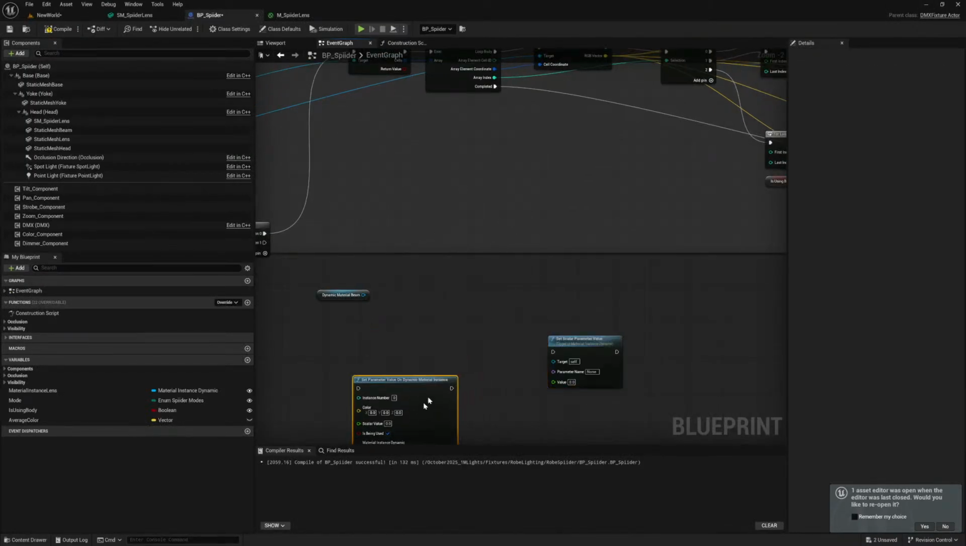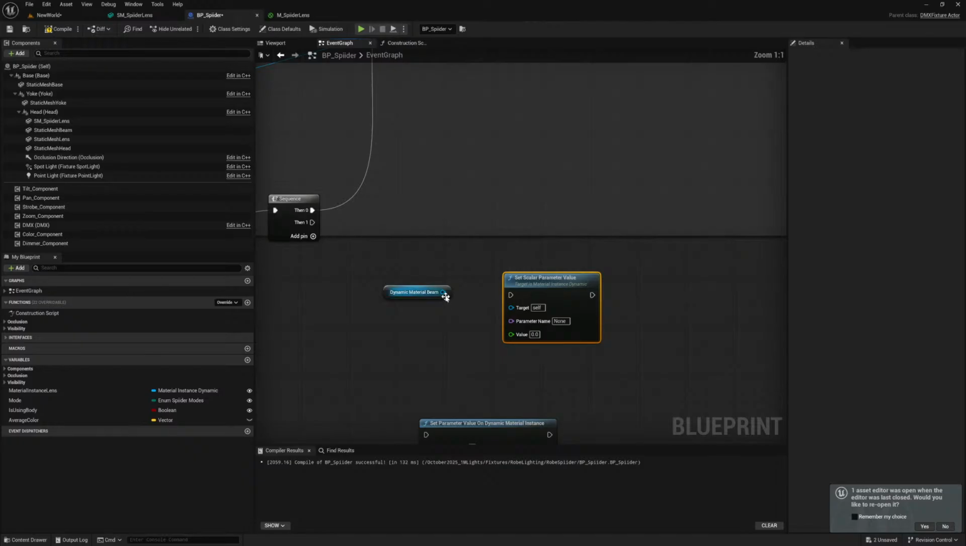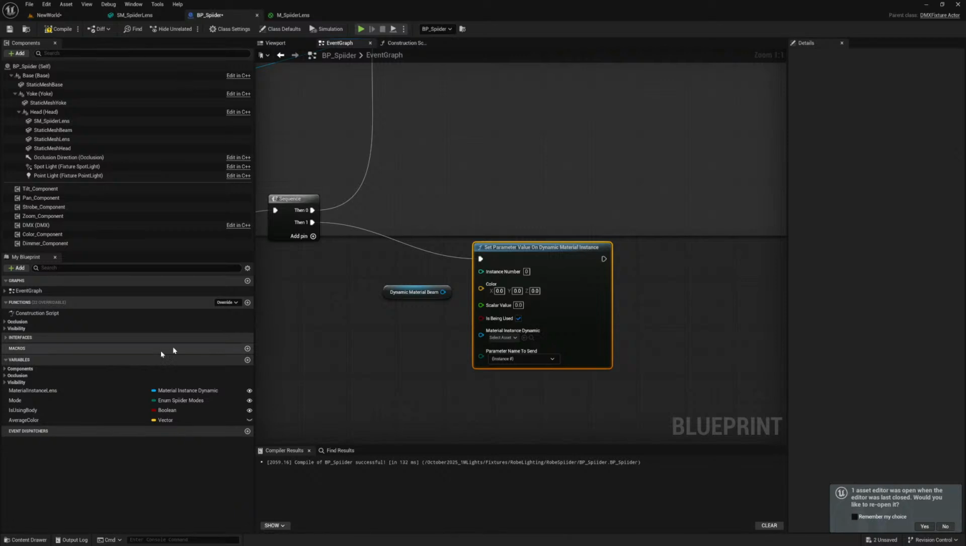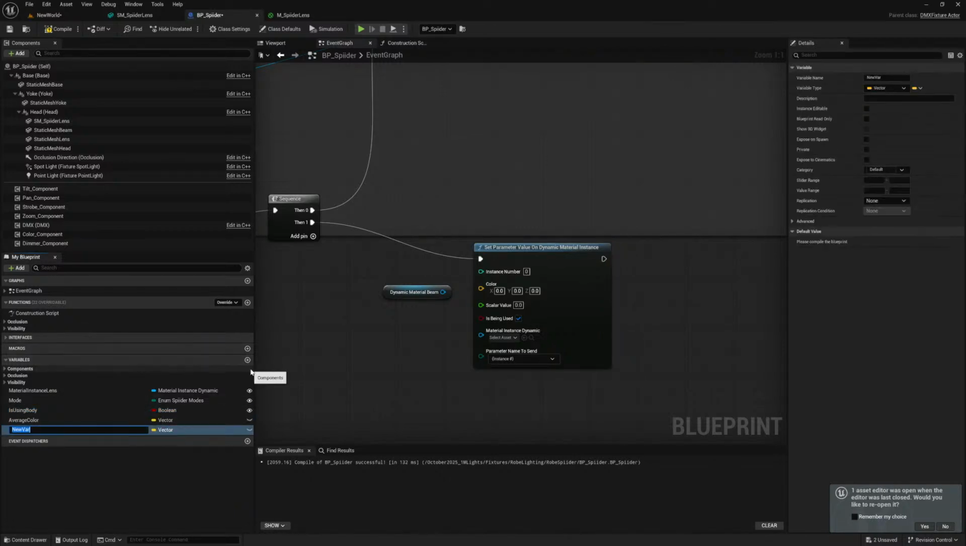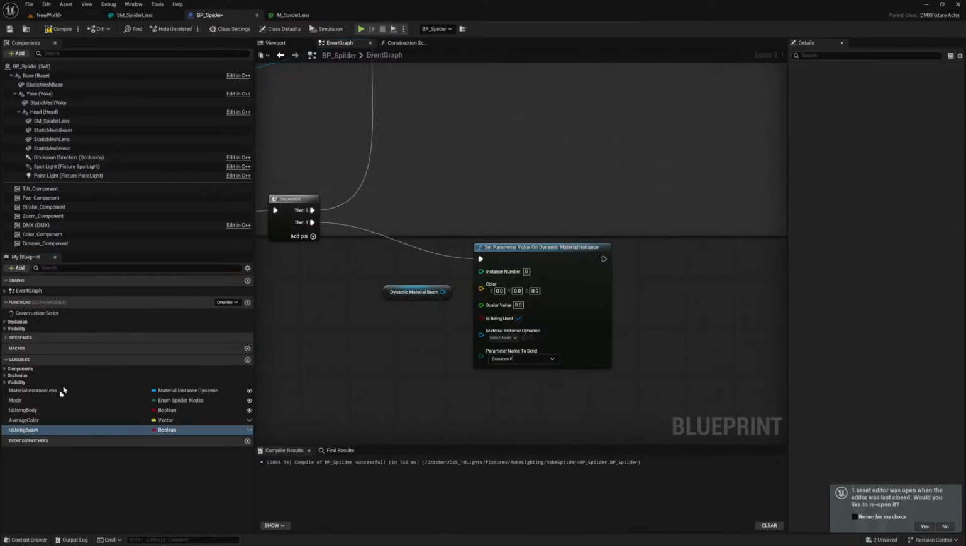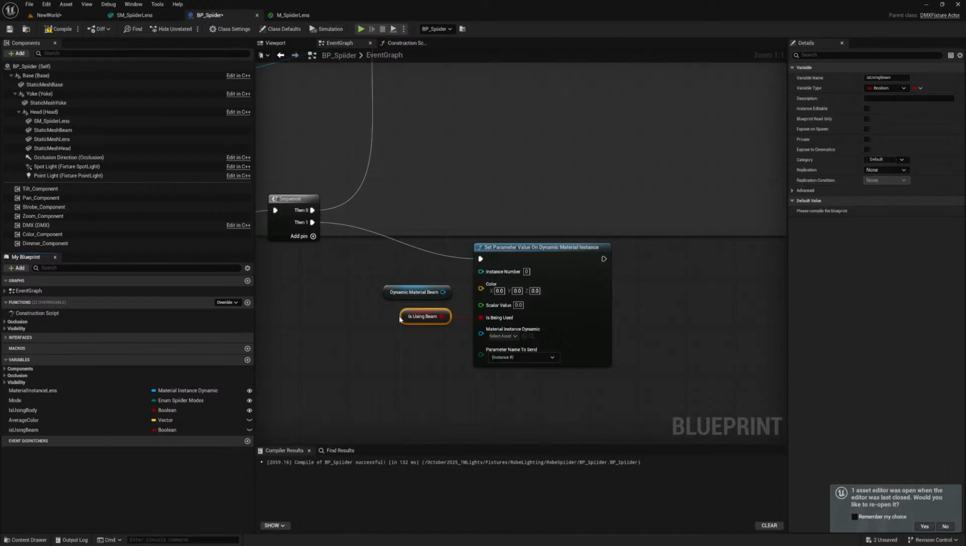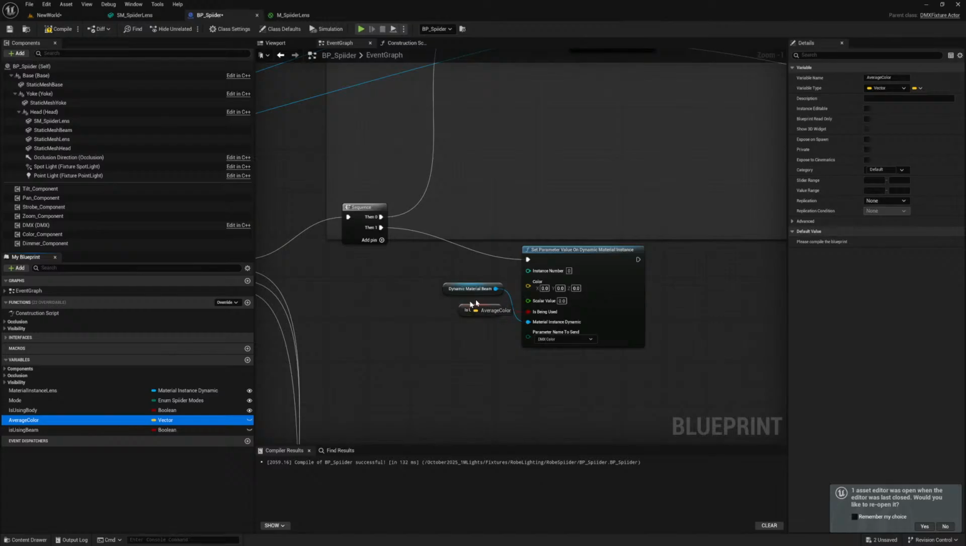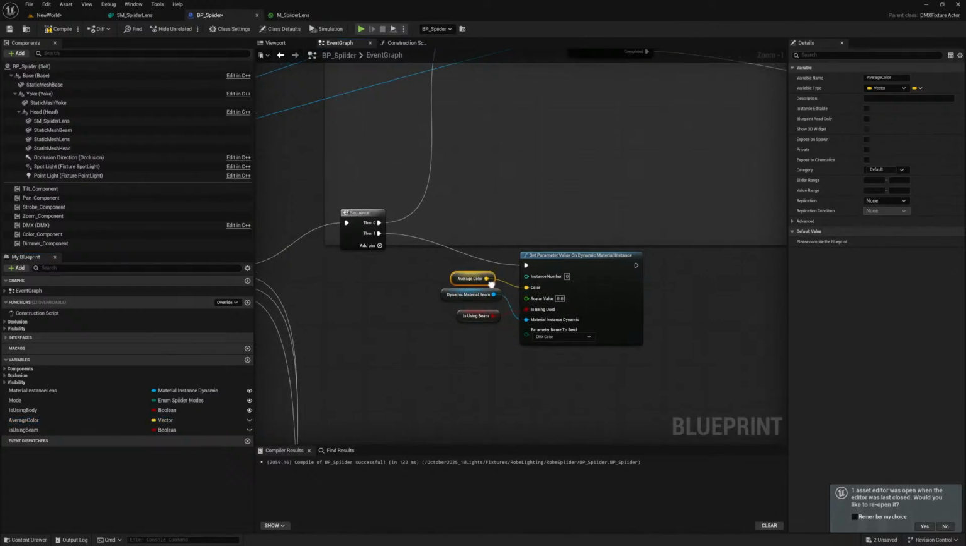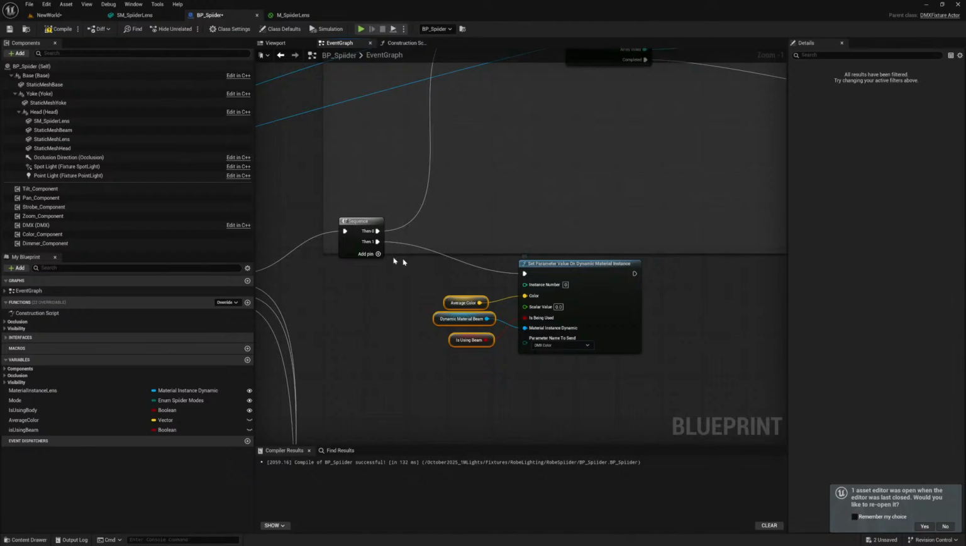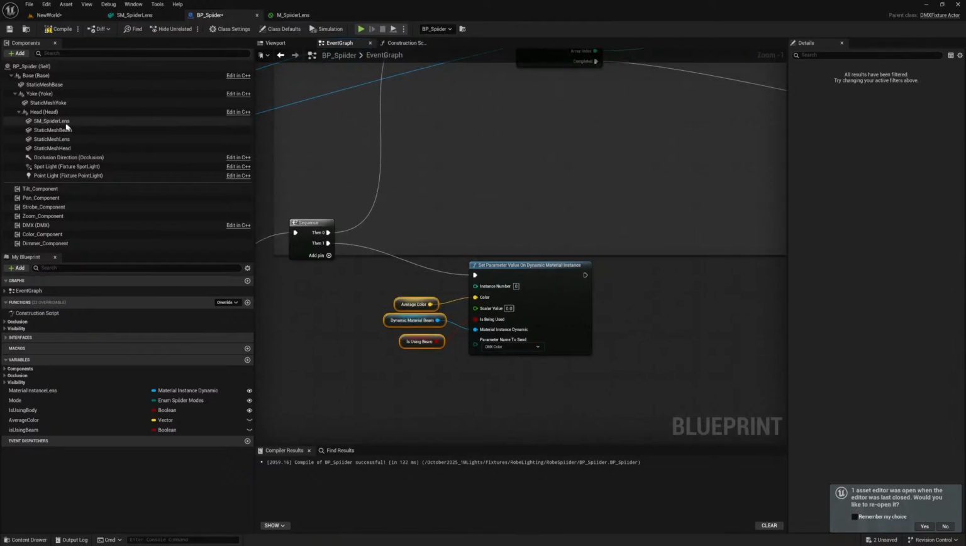You can do the same thing by just saying set scalar parameter value on material instance dynamic, or set vector parameter value on material instance dynamic, and then plugging that in. I'm just going to use this because it's kind of the system I have set up so far. These two are not used. Then,